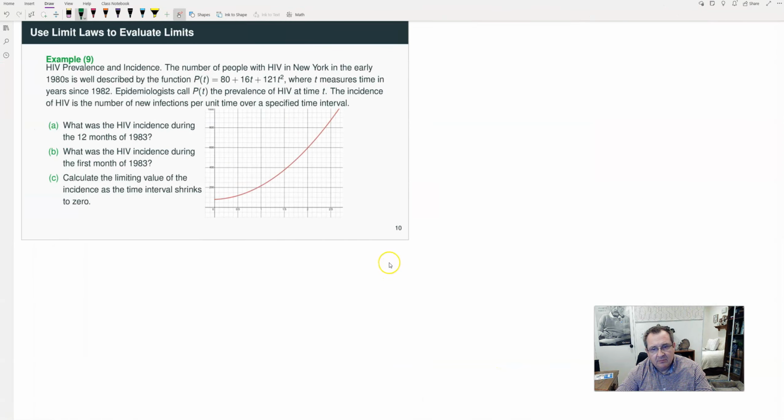Let us consider an application of the concept of limit to life sciences. Here we will look at a problem from the textbook about HIV prevalence and incidence. It turns out that in the 1980s, a lot of people got sick with the HIV virus, and as we know right now, it's an RNA virus. But back in the day, very little was known about this disease, and the whole disease was surrounded by so much stigma